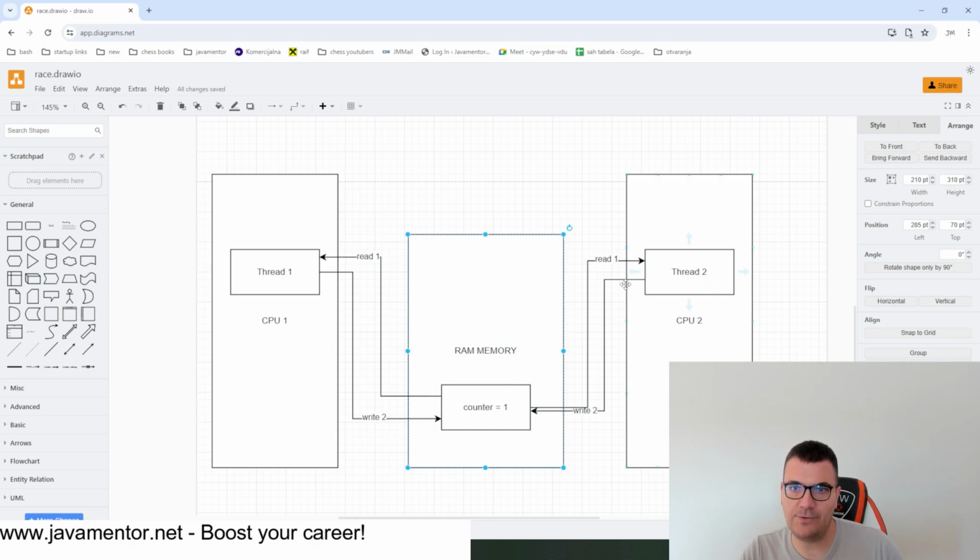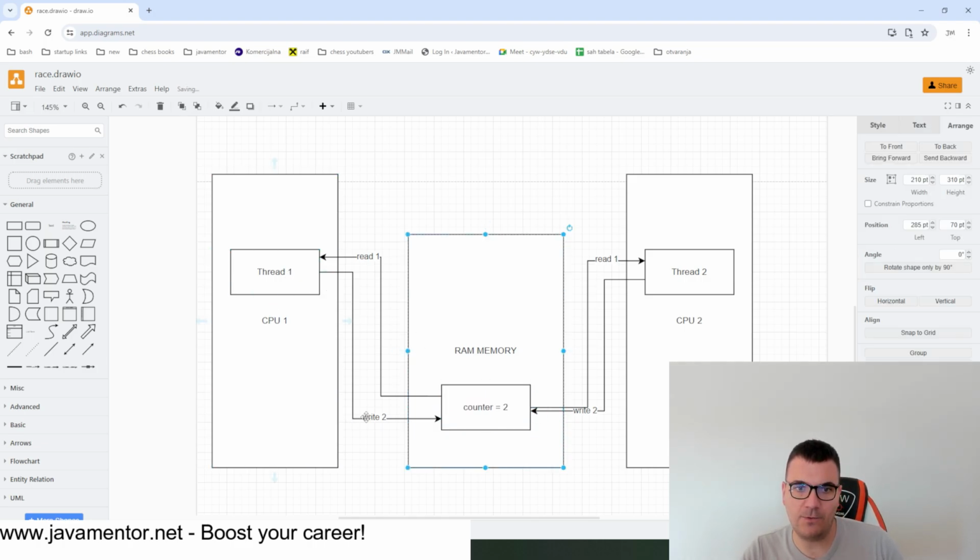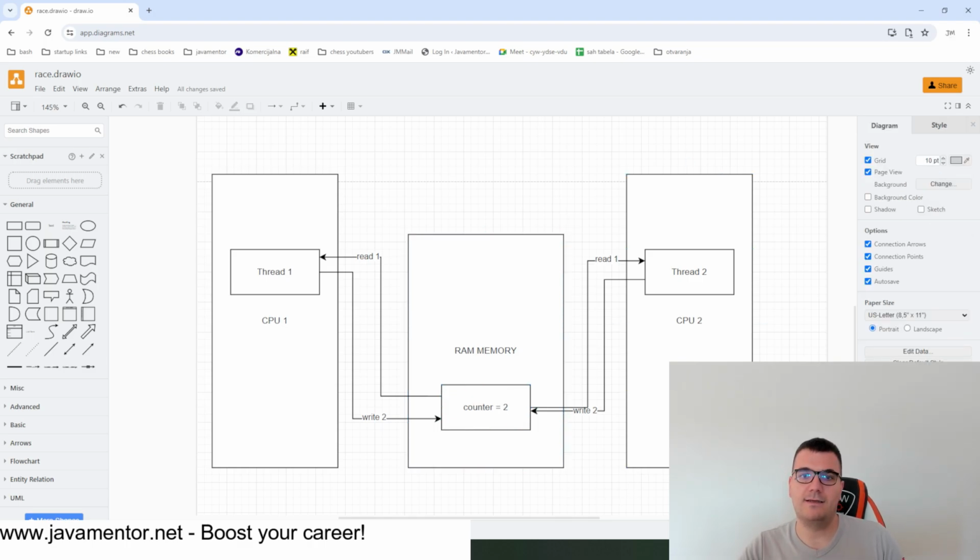So let's say thread number 2 writes 2, so counter is 2, and then thread number 1 writes 2, but counter is already 2, right? And two threads increased our counter by 1. We started with initial value for counter 1. We would expect that the ending result will be 3 because both threads updated counter by 1, but our result